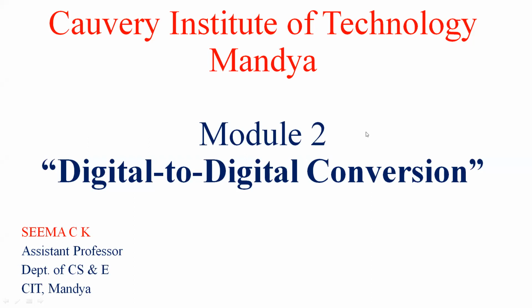So as for now we have learned the data communication fundamentals, and we get to know that data is represented in two different forms, either in an analog form or in a digital form. Then we also get to know that the computer can only understand the binary language, that is, it can be of a form either 0 or 1, and these zeros and ones store the information in digital form. So we need to convert the data into digital form so that it can be easily understood by the computers.